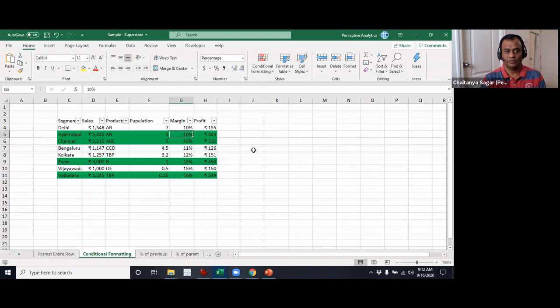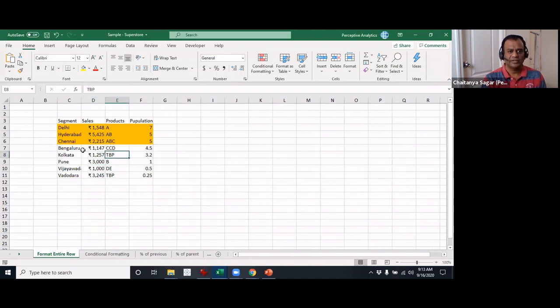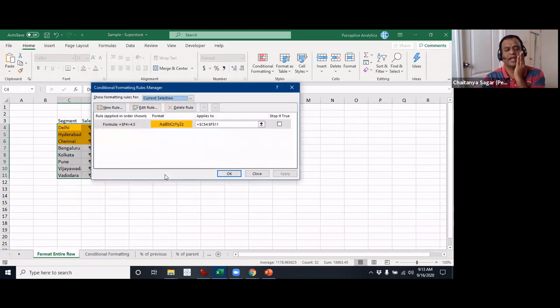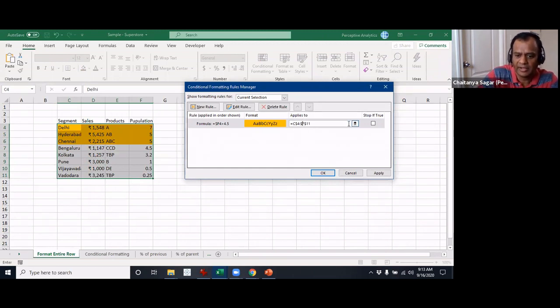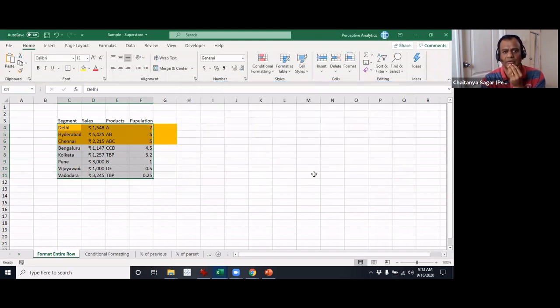Okay, so the way it works is something like this. So we were figuring out at that time, actually, let me see, this one, right? So what we did here was we did this conditional formatting, and then we said, what if you modified, I think we removed the dollar symbol for the column, is that correct? And then we were trying to figure this out. In fact, let me just make that until G, okay? Remember we put it at 200, right? We called it margin, and then, okay, so click OK.